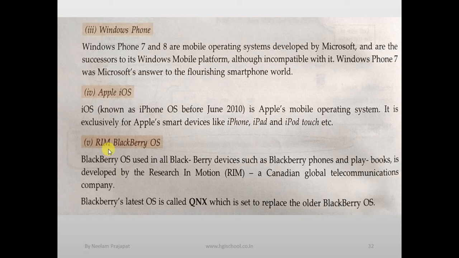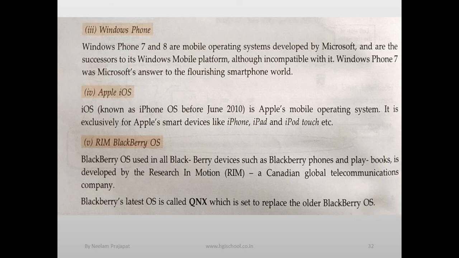Now RIM BlackBerry OS. BlackBerry earlier, for keypad phones, they were actually the first to launch QWERTY keypads in their mobiles. The QWERTY keyboard was there, but it was not touch screen.